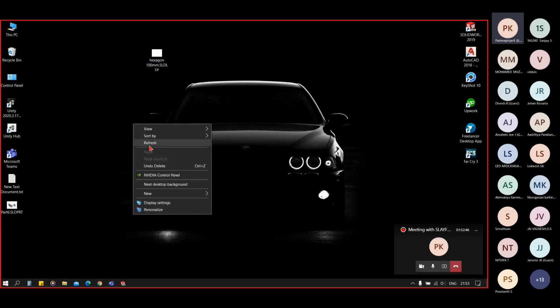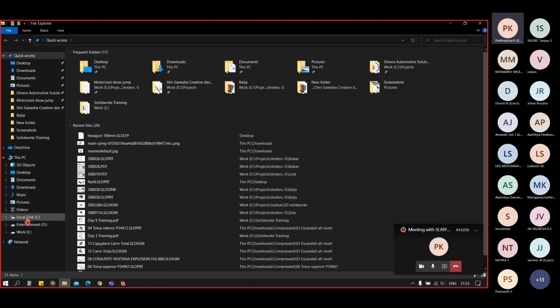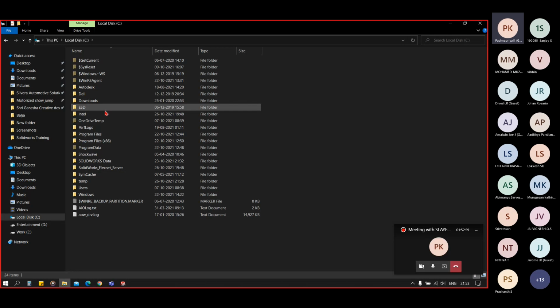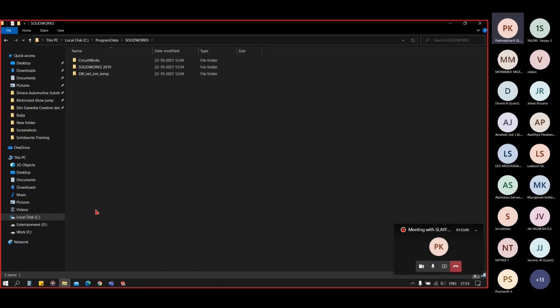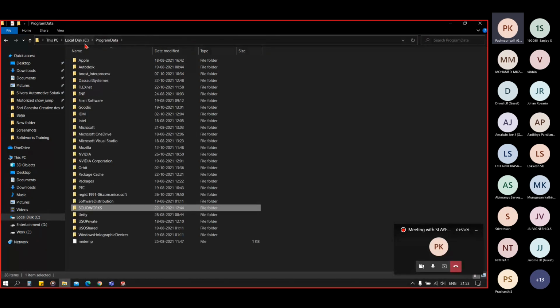Now return to our part on the desktop. Now you can copy that part from here. Go to your PC in the local C drive. Go to program data under SolidWorks, SolidWorks 90.